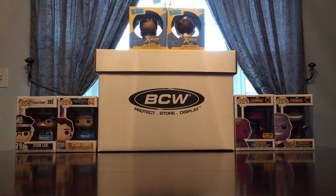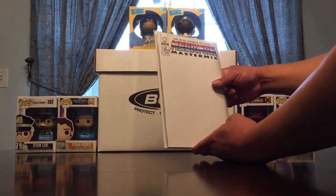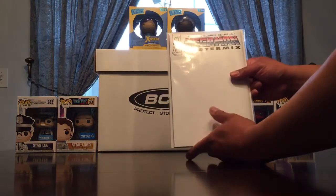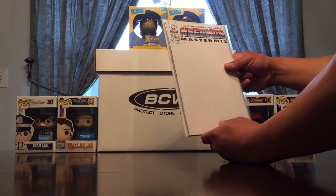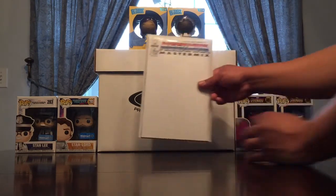with bam, Mega Man Master Mix, first issue. It's a really thick blank sketch cover by Udon Comics. It's actually backwards, so in the